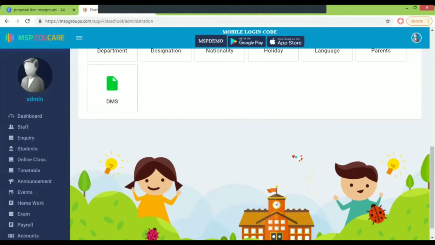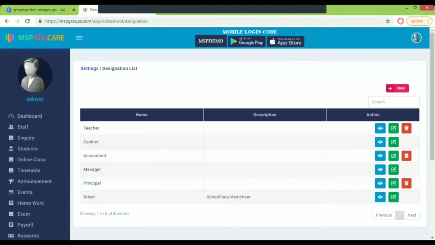Then we have the designation. See, the account department is one, but if you go there, there will be a cashier and there will be an assistant manager, which will be handling the accounts of the school, right? So in a similar way, in a non-teaching category, you could see there will be multiple office boys or multiple other roles which are taken up, maybe like the principal supporter. So in this way, you have multiple designations. So those designations you could give over here.